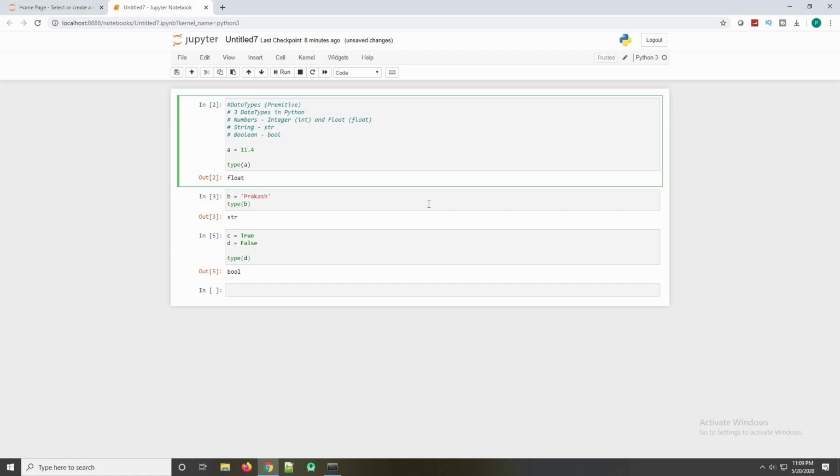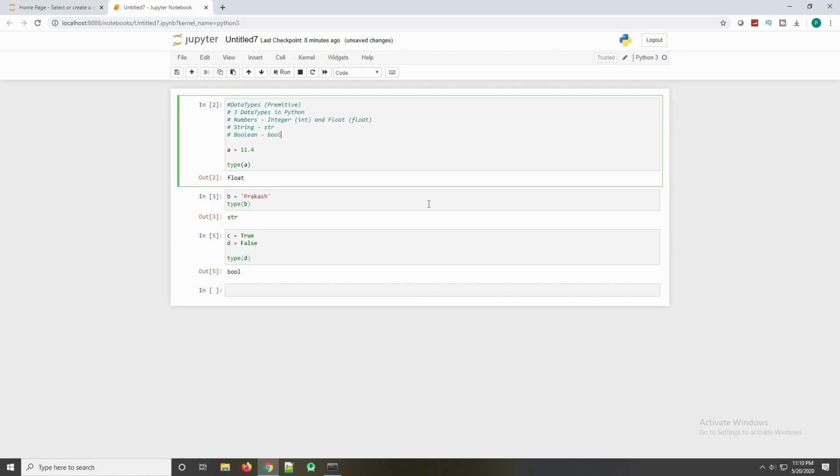Now in Python you need not specify the data type. When you are assigning any data value to a variable, you need not specify the data type of that variable. Python identifies the data type on the basis of what data you pass to the variable.